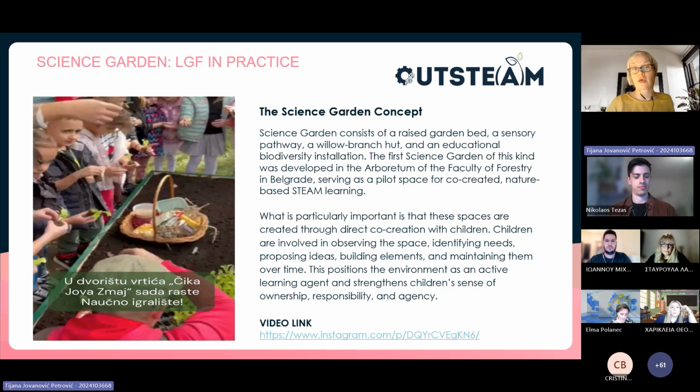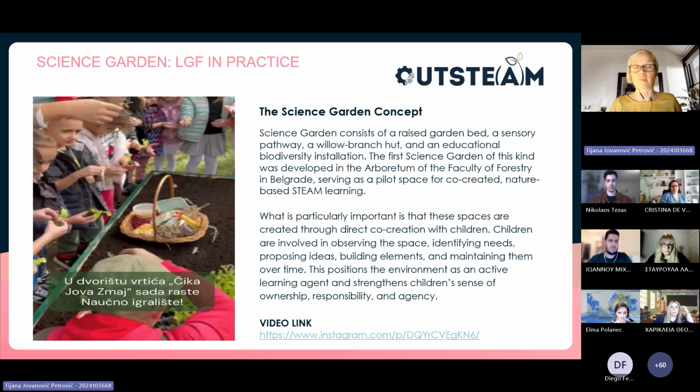For now, it consists of the raised bed garden. It's like a willow hut. This willow hut was created from the idea of one boy who said that he would really love to play in something which is alive. So, in a symbolic way, his idea.